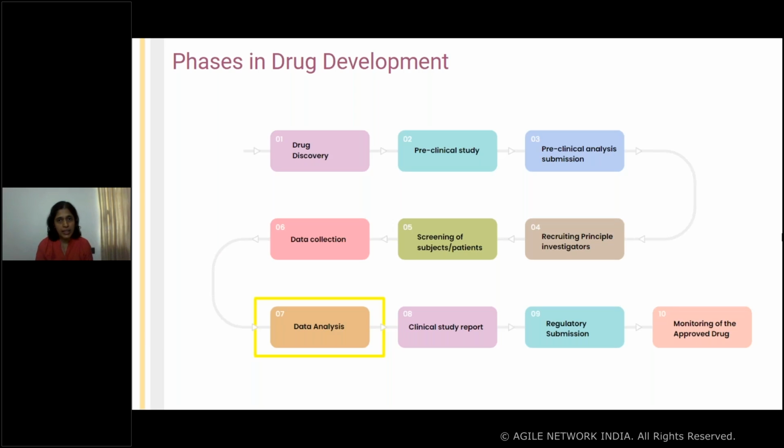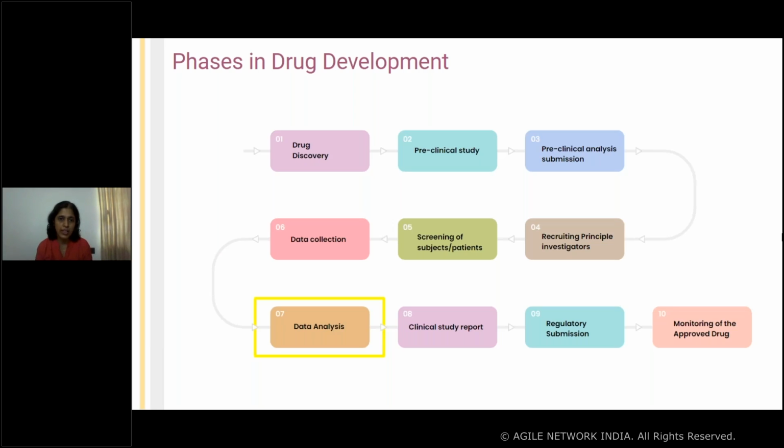The data collected after the trial has to undergo the pre-processing stage, and in the pre-processing stage the data standardization happens, because there are agencies which have defined data standards. Also the analysis datasets are created, the analysis is done, and then the report is generated,